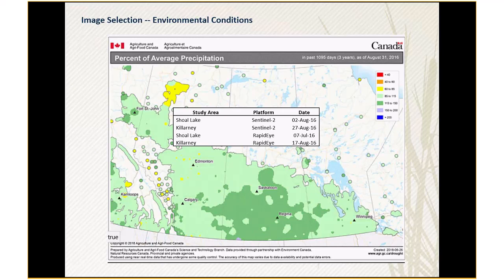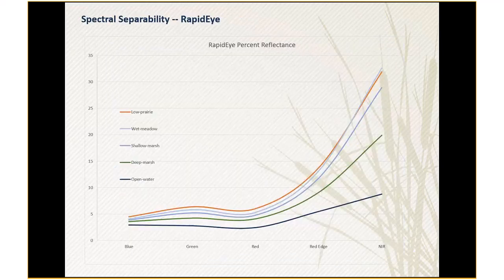There's the image dates that we managed to use for our testing. Essentially all mid-August, with the exception of the one RapidEye image that's early July. But that's basically the imagery sources that we interrogated. So in terms of starting to interrogate this and drilling down a little bit deeper, first thing we did was